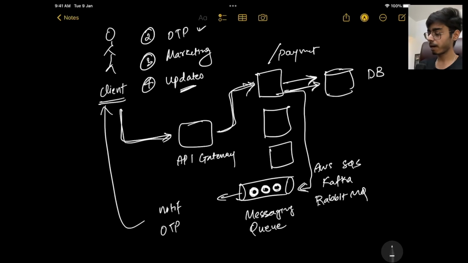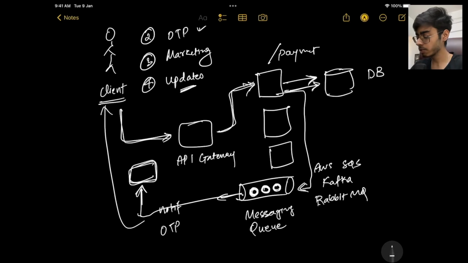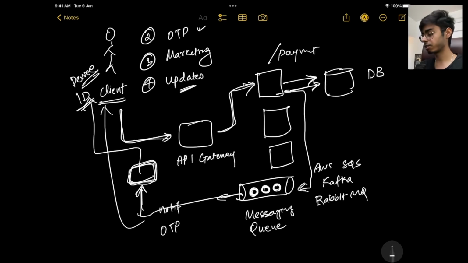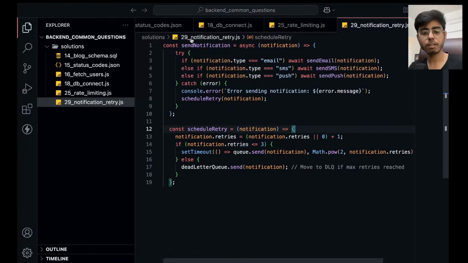So something like this happens, and definitely you have a notification sender. Kafka will not send a notification. Kafka will just trigger an event to this notification service, and this notification service can be like Firebase, it can be anything, and this is going to trigger a notification using your device ID. So every client has a device ID on which you can send a notification or an email, then it will go over there. So this is a very high level architecture, and this is the code for that.